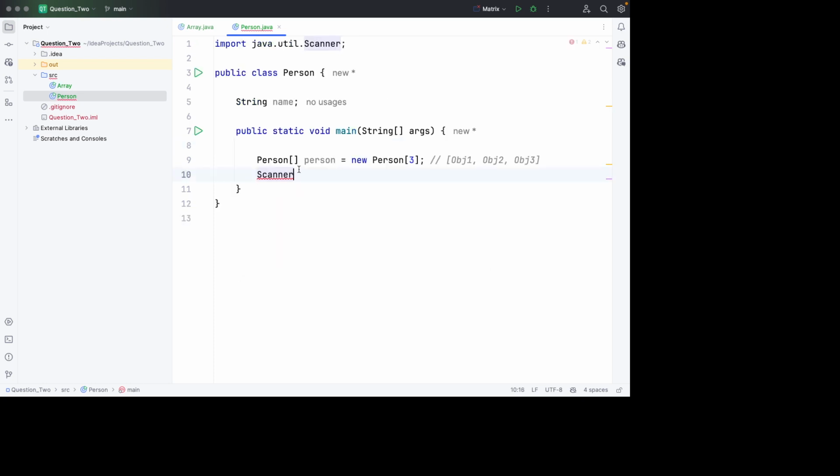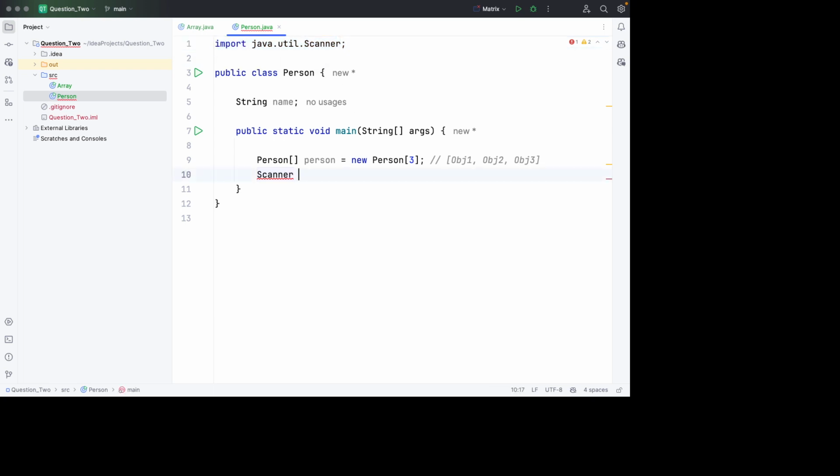Once you type the scanner class like this, for my IDE, it automatically imports the scanner class from the java.util package. But when you are in an exam, the moment you write scanner like this, you must go up here in the paper above the class declaration and type this import. So to make sure you get these marks as well,